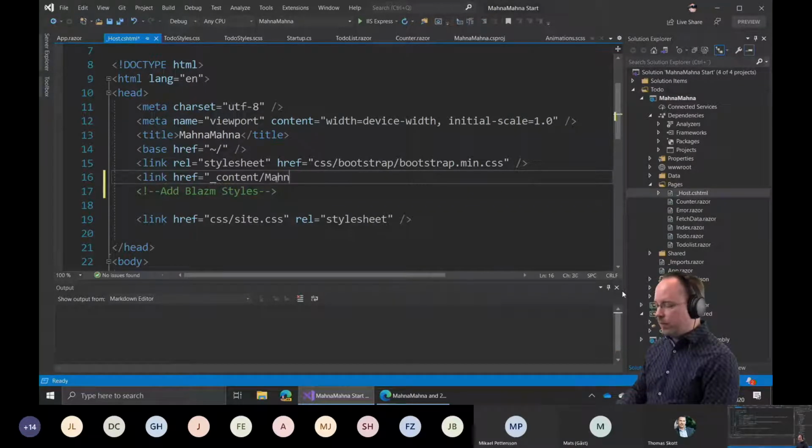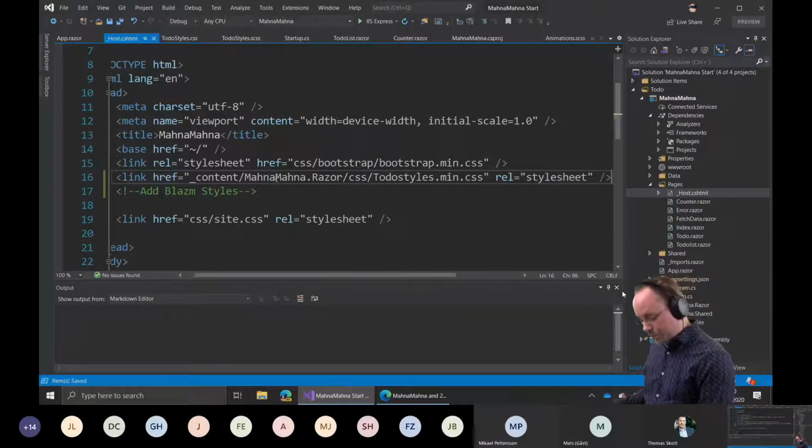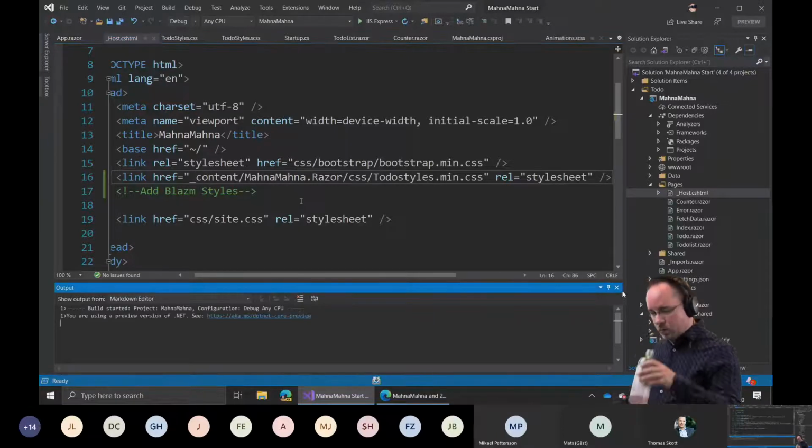And in this case, it's living in the manamana.razor library, in the CSS folder, and the to-do style is called to-do styles min CSS. And it's a style sheet. There we go. So if we run it again,